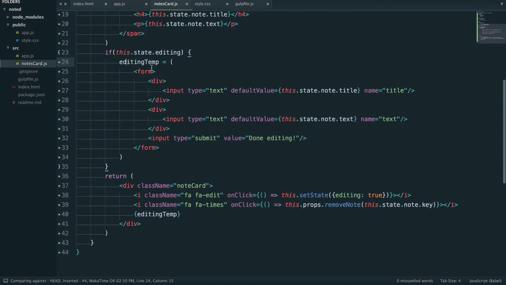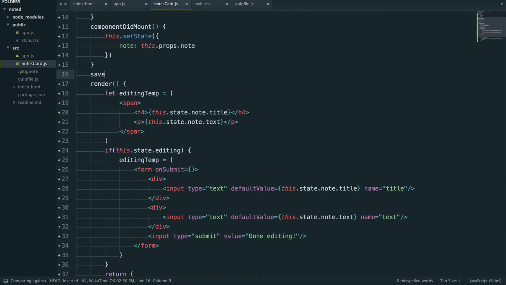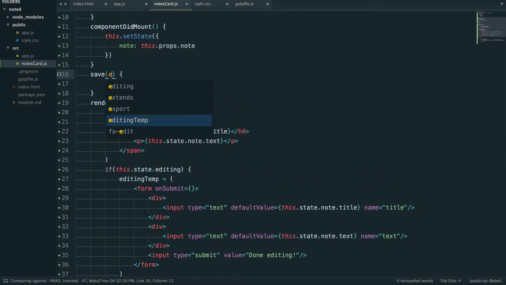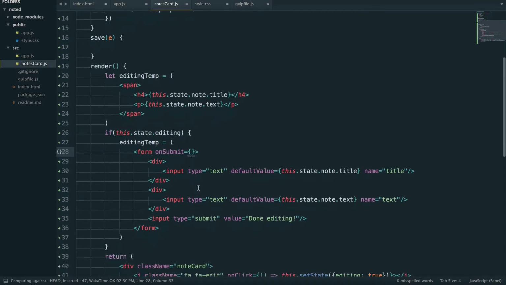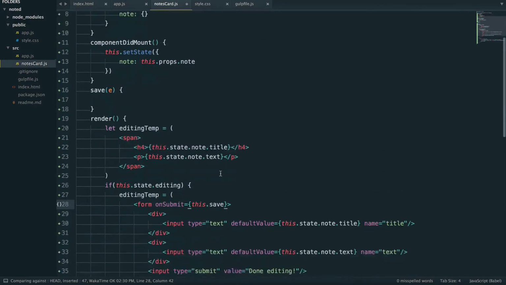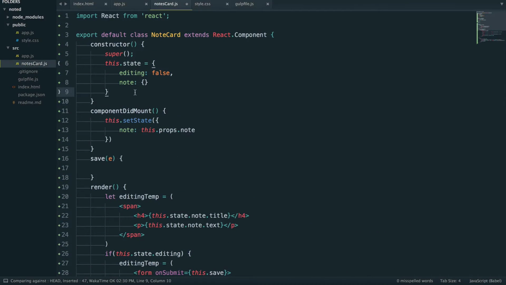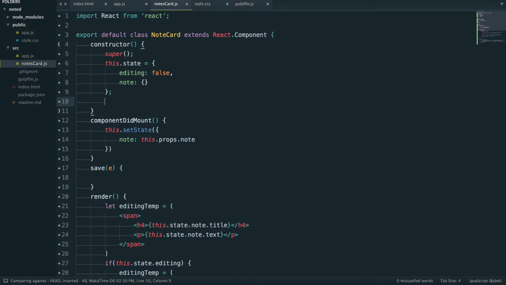So let's actually set up the form onSubmit. What we want to do is call some sort of method. And you know what I'm going to do, up here we're going to make a new thing called save. It'll get passed the event. So we'll say this.save, and that's all we have to do. Remember, in order to access the this keyword, we need to bind our method up here. So I'm going to say this.save equals